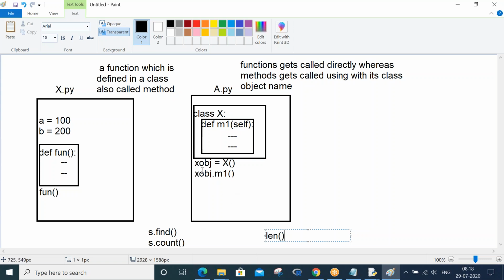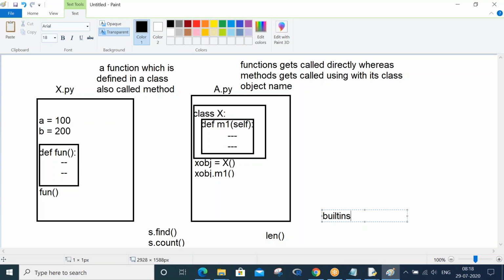We have understood find, count and so on are from the str class. But len is from a different module called built-ins. Built-ins is a predefined module in python.